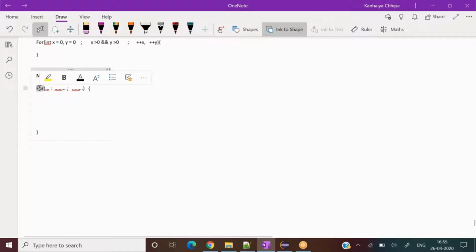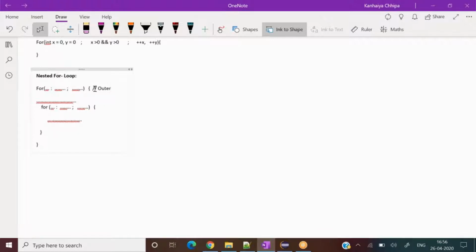And nested for loop says if a for loop comes inside another for loop, then it is called a nested for loop. So inside this, the same thing we have to write one more time. So this is a for loop, and the same thing will happen one more time here. And then some conditions will be there, and this is the outer for loop body. So something like this, and this is the inner for loop body.